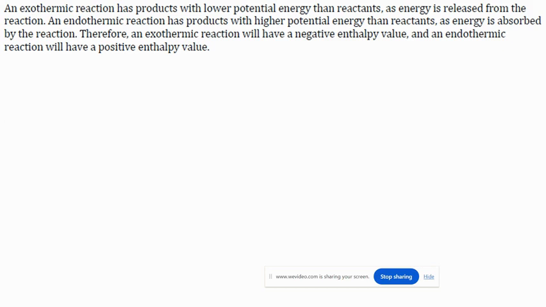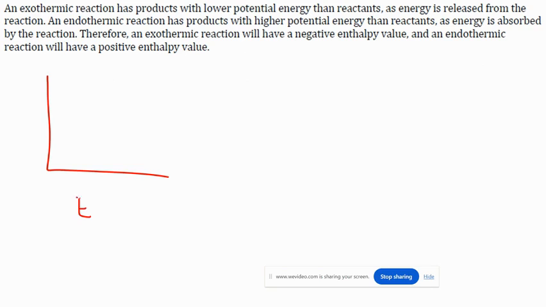All right, an exothermic reaction has products with lower potential energy than the reactants. That energy is released then into the surroundings, and then an endothermic reaction would be just the opposite. Do they give you graphs for these at all? No. So